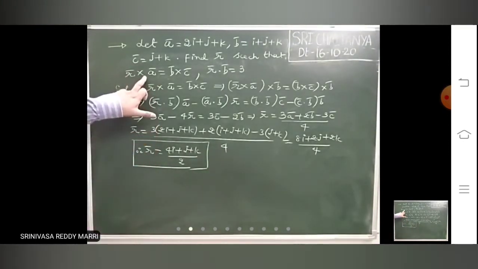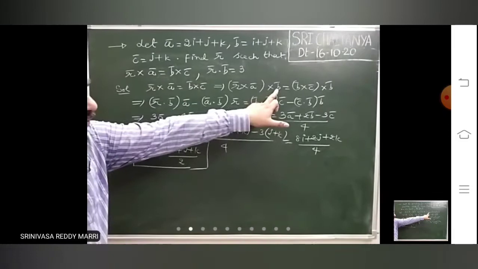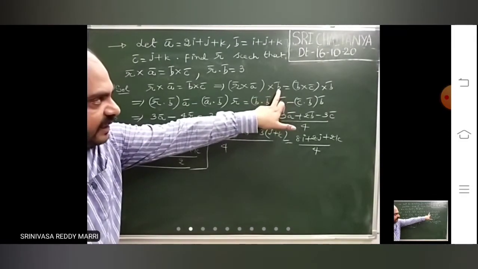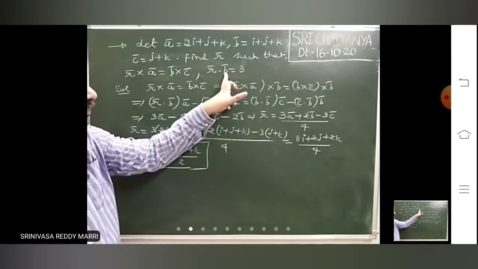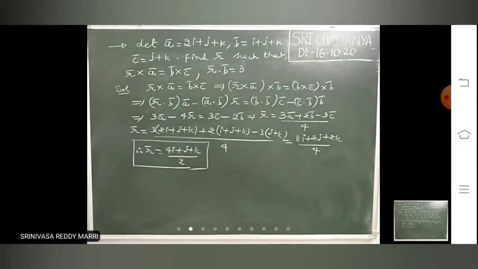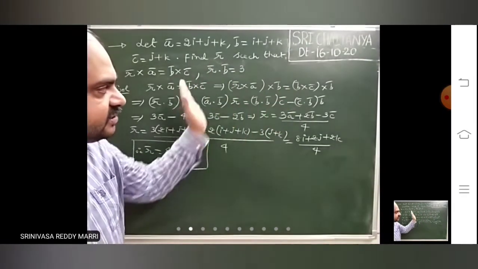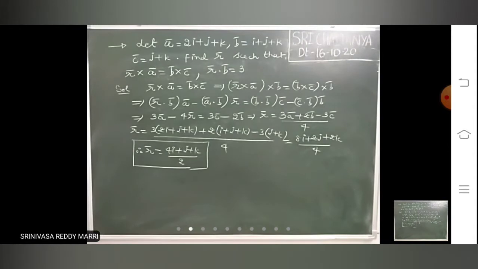Like that, using the given equation, take the given equation and do cross product with some vector on both sides. Here I have chosen B bar because R bar dot B bar is given. That's why I have chosen B bar. Like that, choose the vector and do cross product. Then R bar will be free outside. The remaining values you know, so you can calculate what is R bar. This is the type of vector equations.